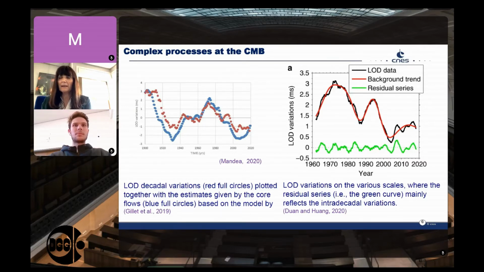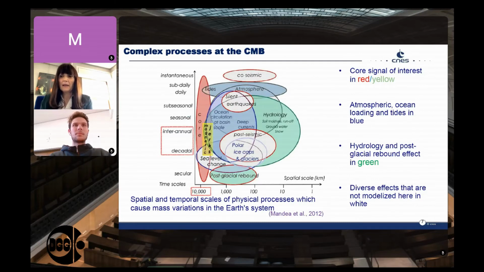And in the next slide, having a look at the gravity field, lots of sources are together, and it's very important for us to find the core signal of interest, which is plotted here in red or yellow, and we need to minimize the other information. It would be very nice to be able to estimate correctly all the other information from atmospheric and ocean loading and tides, or from hydrology and post-glacial rebound effects, or even other effects which are not modelled, and like this to be able really to have the signature of the core. This is a very difficult